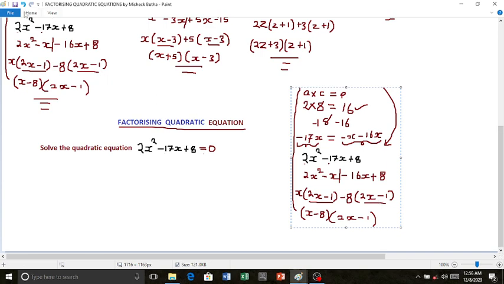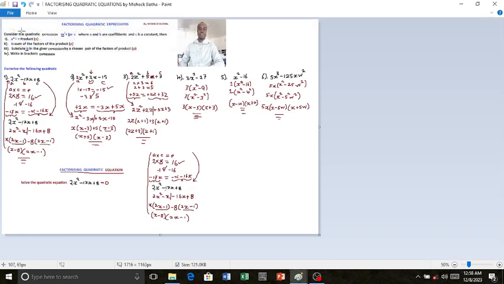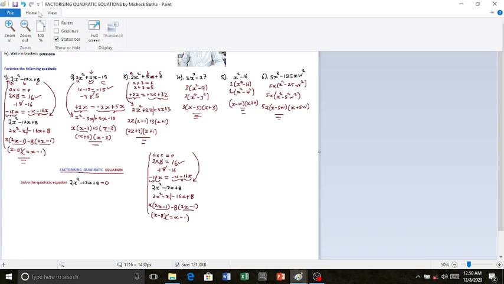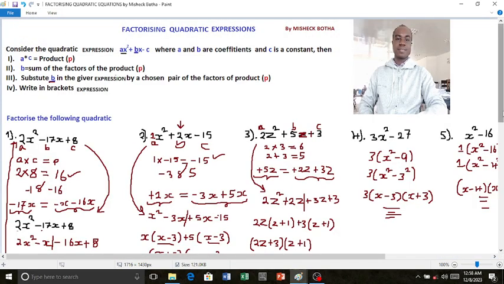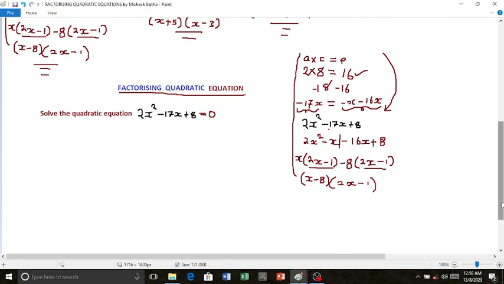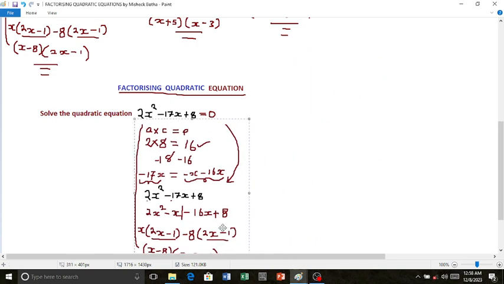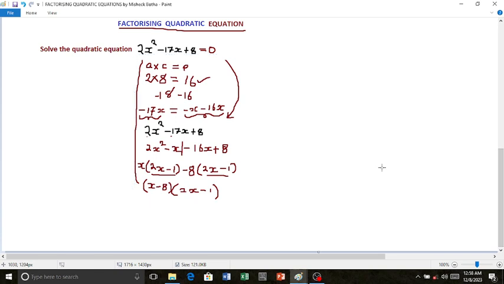Let me just increase the space so that I can show you. You don't need to struggle again when you already have this information. So you need to go through all these stages we did together here until you reach the last one there. If this was phrased as "solve the quadratic equation 2x squared minus 7x plus 8 is equal to 0,"